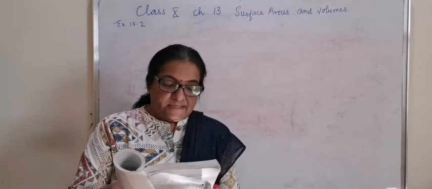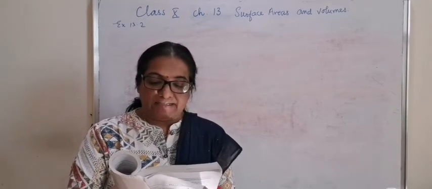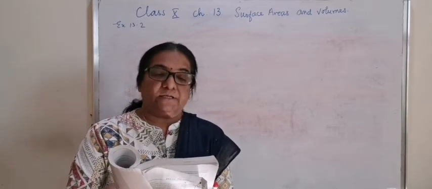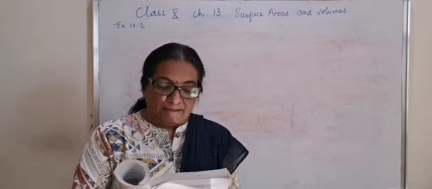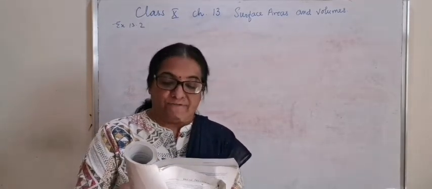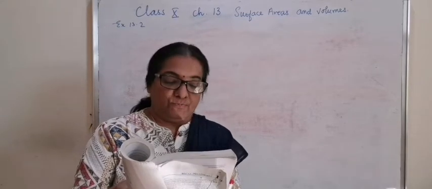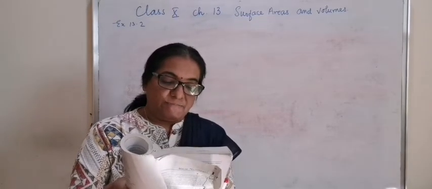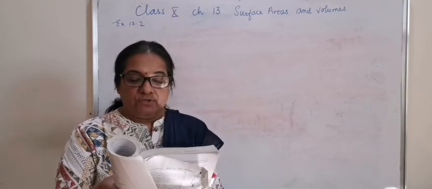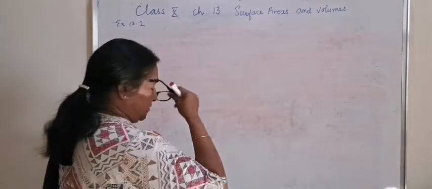Question number 6. A solid iron pole consists of a cylinder of height 220 cm and base diameter 24 cm, which is surmounted by another cylinder of height 60 cm and radius 8 cm. Find the mass of the pole given that 1 cm cubed of iron has approximately 8 grams. Use pi as 3.14.